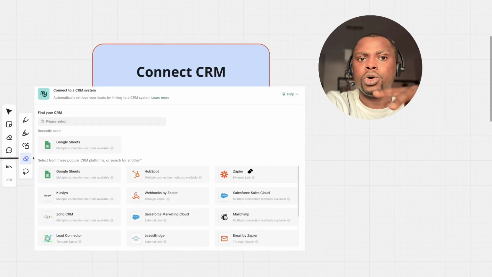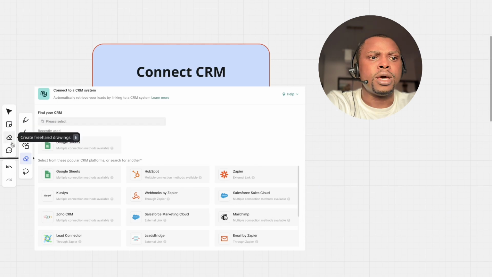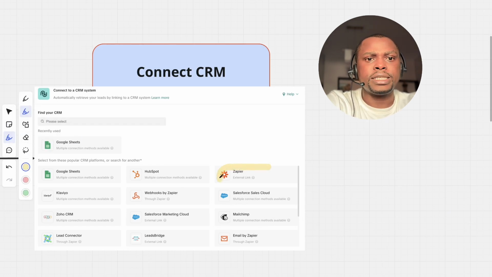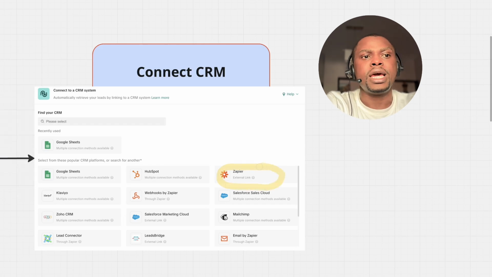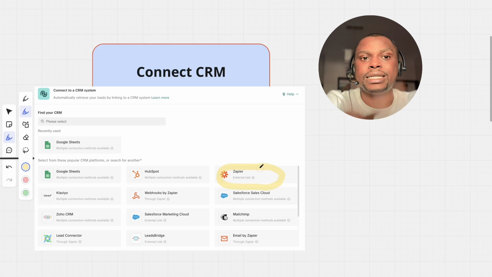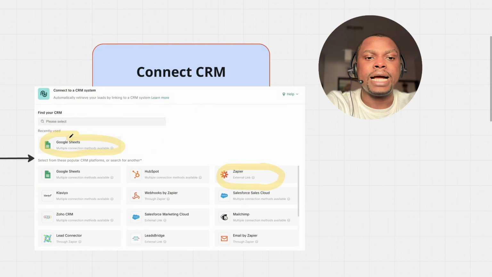And if it's not shown here, then you can use Zapier. Zapier is that software that allows you to connect with thousands of different tools, and you can use Zapier to connect from TikTok lead gen form to any software that you have, right? But I always recommend that you do Google Sheets first, because that's going to give you easy access to this